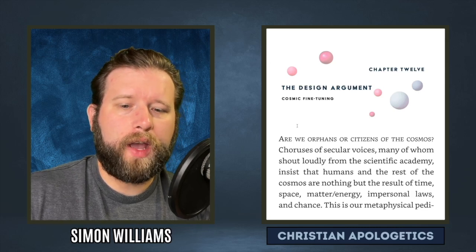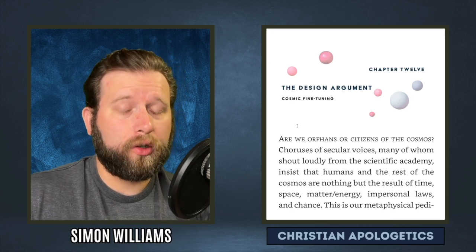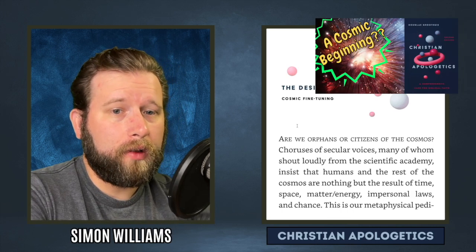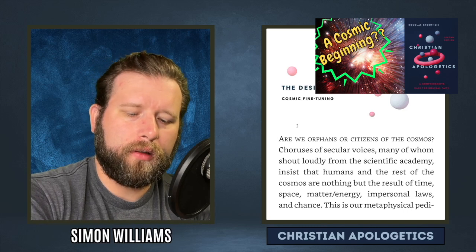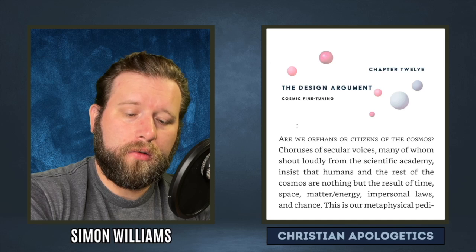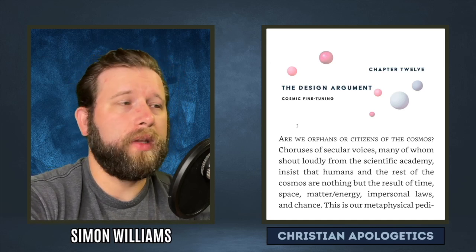And if it's a brute fact and there is no explanation for why things are the way that they are, then it could be the case that this universe is incoherent, could be chaotic. I talked about that in the last video a lot, so I won't rehearse it here. If you want a deeper dive into that discussion, then go ahead and check out my other videos on it. But we're going to be diving into the fine-tuning argument. So without further delay, let's go ahead and jump into the chapter.